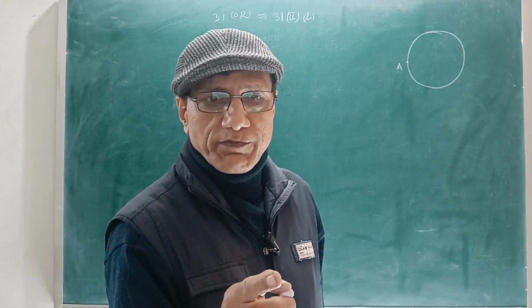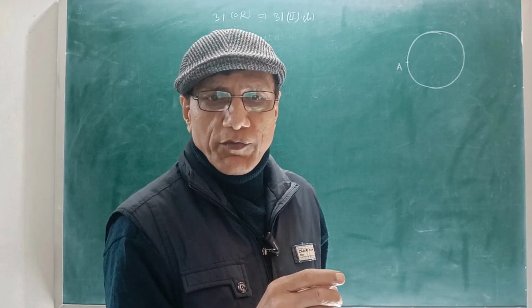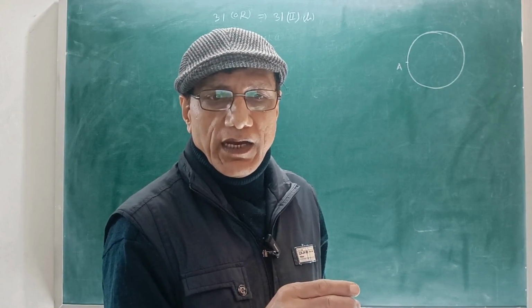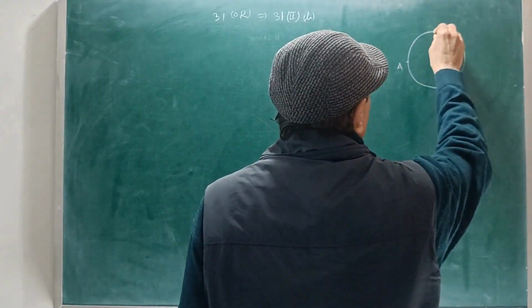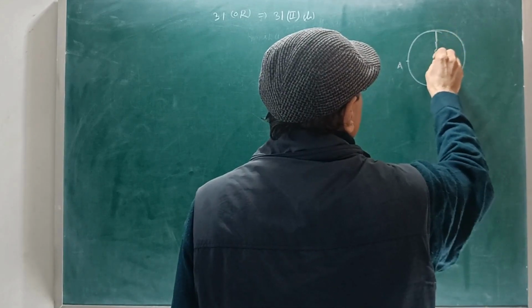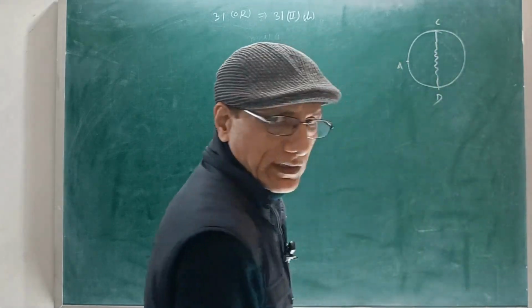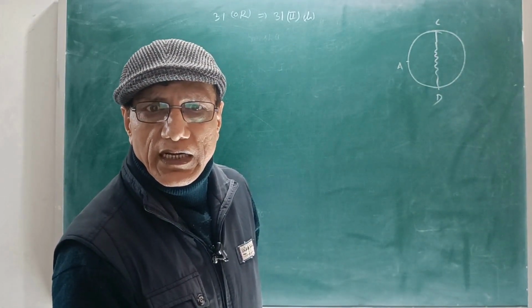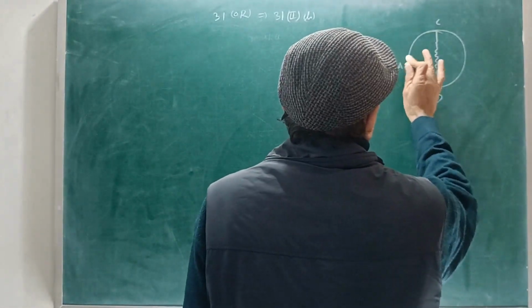Resistance of 12 ohm is bent in the shape of the circle as shown in figure. A resistance of 10 ohm is connected to diametrically opposite ends C and D. यहाँ पर एक रेजिस्टेंस कनेक्टेड है C और D के अक्रॉस which is 10 ohm, and here